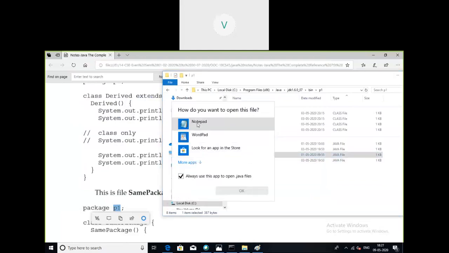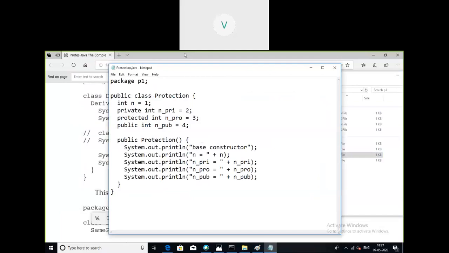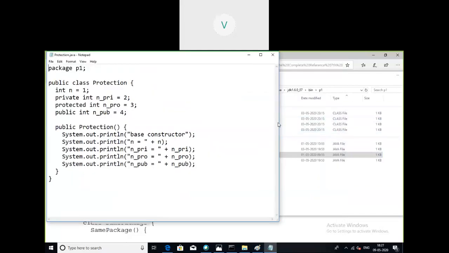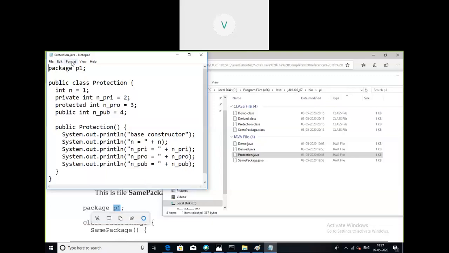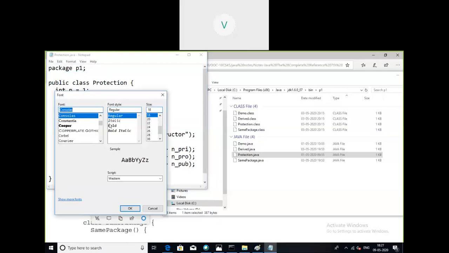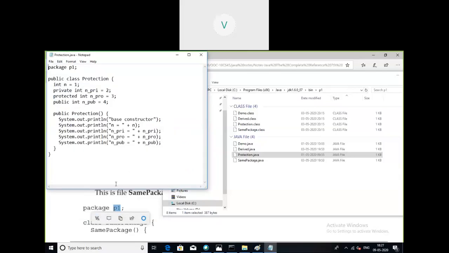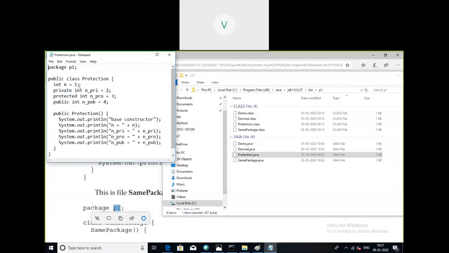Protection.java is the source file. This I'm opening here. So protection.java is the first source file.